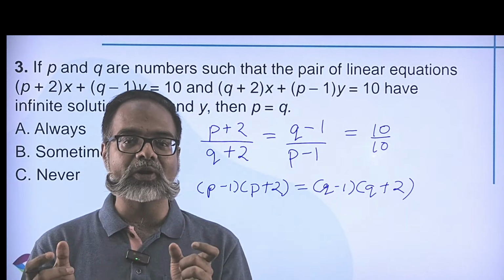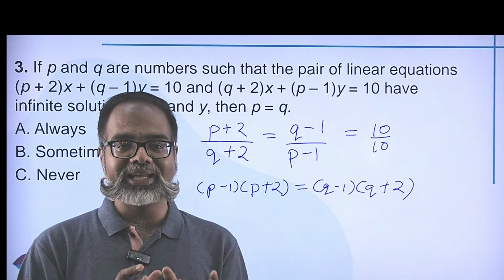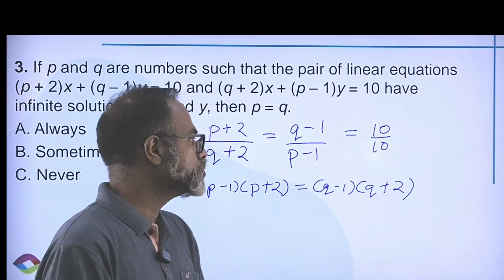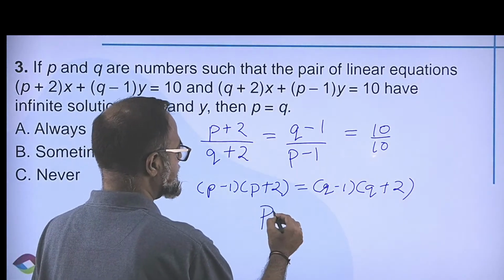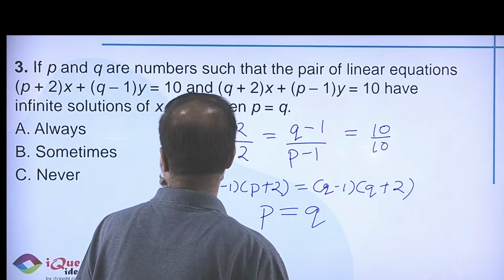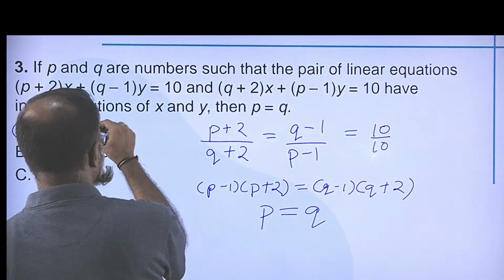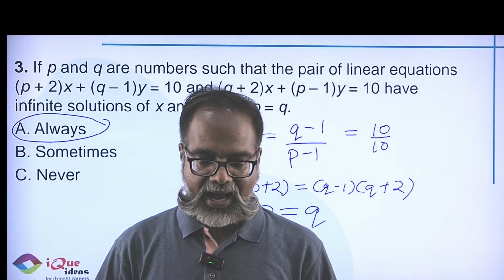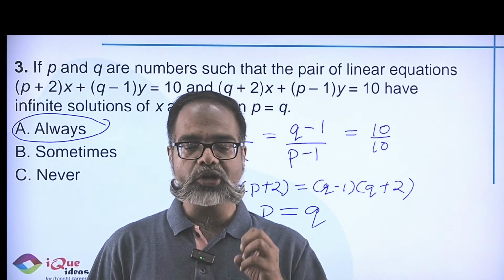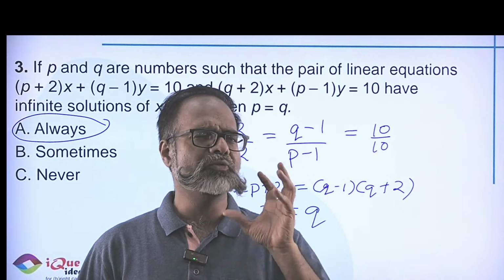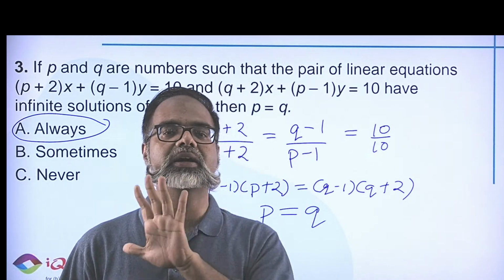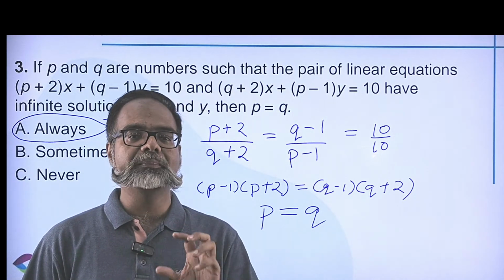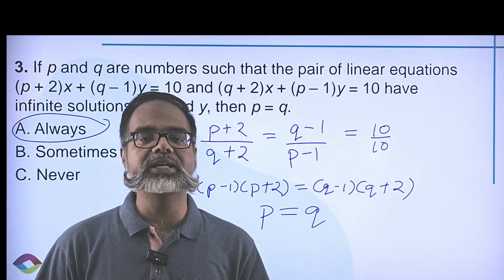Because if you are subtracting 1 from both and adding 2 to both and taking the product of both and they're equal, then the two primary numbers must be equal. So logically speaking, P definitely is equal to Q. Right? So P is equal to Q is always true. So the answer in this case definitely has to be A. So even without going into the nitty-gritties of the problem, by visually taking a look at the formed equation, I should get it from my gut, trust my gut, that P and Q are definitely the same.